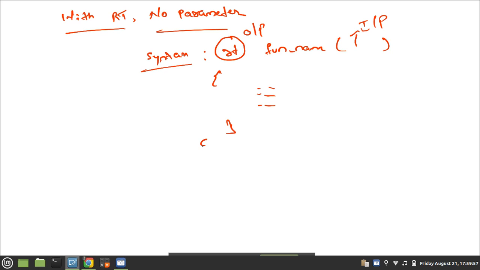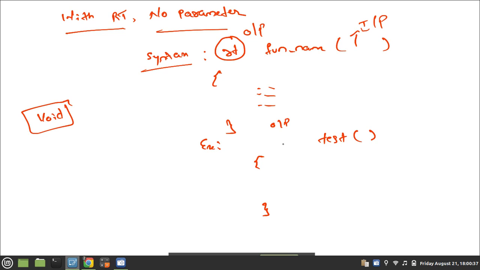So I will be taking an example. The function name will be test and no parameter is there. No parameter means I will leave it blank. With return type is nothing but output. So what should I mention here? If I am not returning anything, I will write void, right? But with return type is output, so what kind of output we are returning, that data type I should mention here.